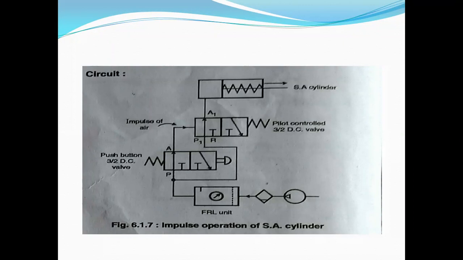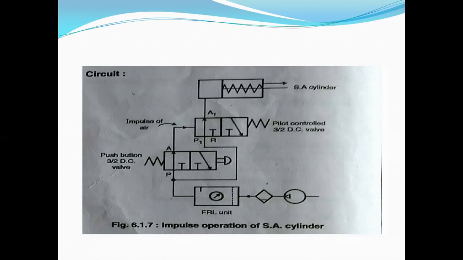So next is the impulse circuit. The same circuit we discussed in the hydraulic case, the impulsive circuit. By using some impulsive force or additional force, we use this actuation method. So we can say that the wind pressure energy of compressed air is used for controlling the direction control valve. The pilot operation is obtained by the impulse of air energy.